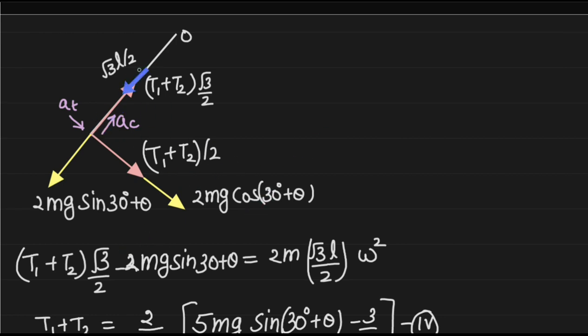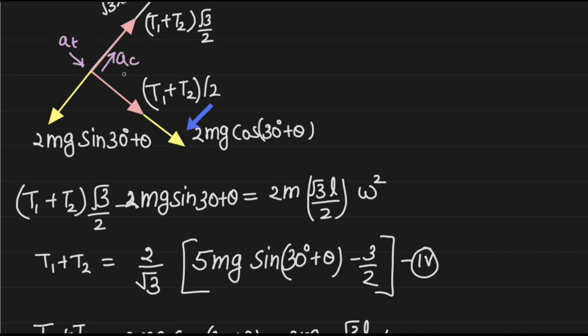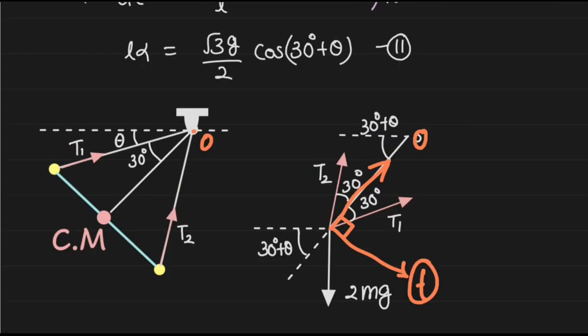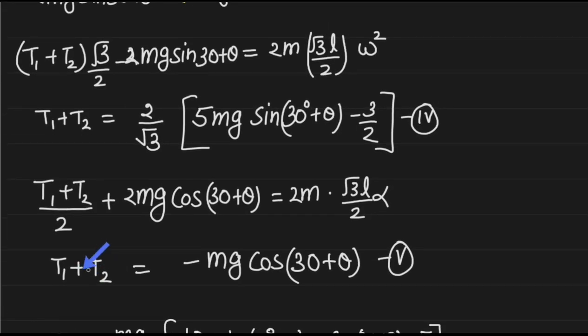So along this direction, that is towards the center, the net force towards the center will provide centripetal force, that is m, the mass of the system, that is equal to basically 2m. So 2m into radius into omega square, m r omega square, this is the term here. If we just simplify this equation, we'll get this equation, that is my fourth equation, right? Again, along the tangential direction, net force equal to mass into acceleration, that is r times alpha. And if we just substitute the value of alpha from the previous equation that we had derived, we will get this fifth equation, right?